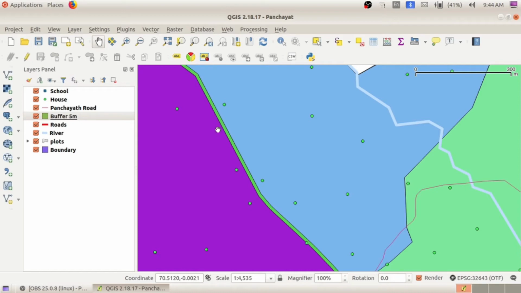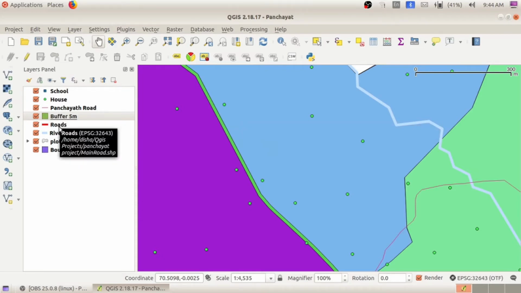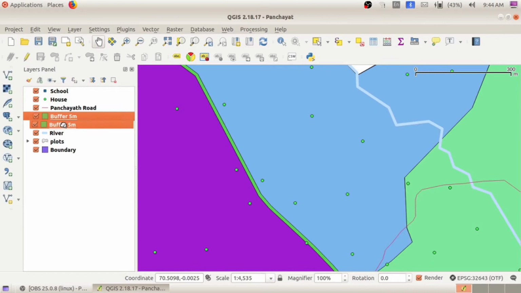In order to make the original road visible, place the buffered road below the original one. Simply click and drag this buffered road below the original one so that you can see the original road in red color and the buffered road in green color. The existing road is not visible because the layer is embedded below the layer that contains the buffered road.